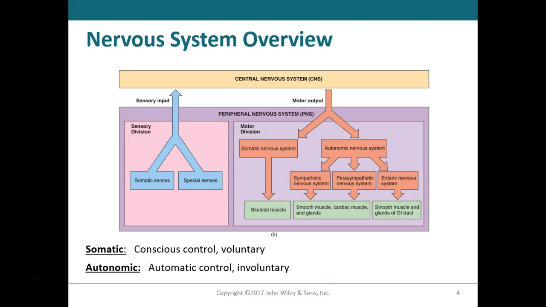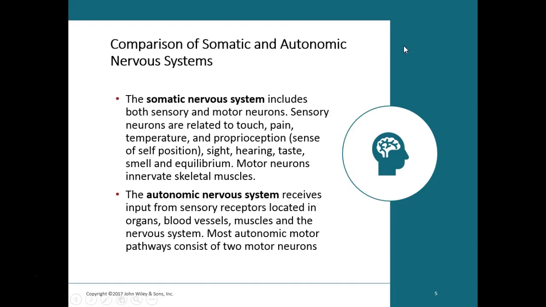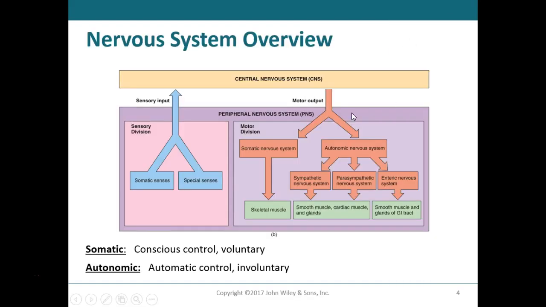So all of these are brought in through the sensory division of the peripheral nervous system into the central nervous system for processing. Of course, then if an action is to be taken, an impulse is then sent,